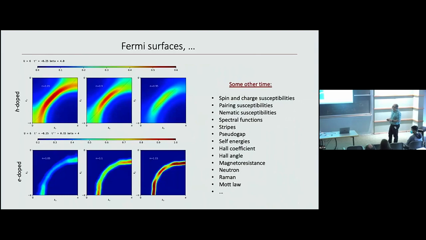I'm not going to show you everything, so I'm just going to show you, for example, Fermi surfaces. So A of k, omega equals 0. It's hard to see, but this is hole doped Fermi surfaces at the top. That's 5% doping off of half filling, 10%, 15%, where you can see the Fermi intensity brightest at the node and falling away as one goes to the antinode, and then as one continues to dope, the spectral intensity gets brighter and extends out further towards the